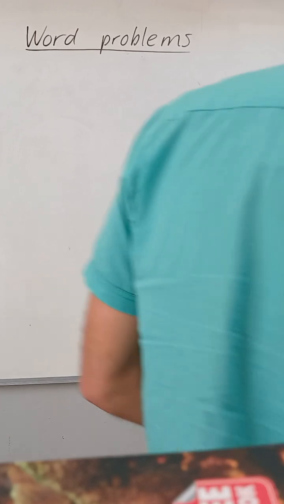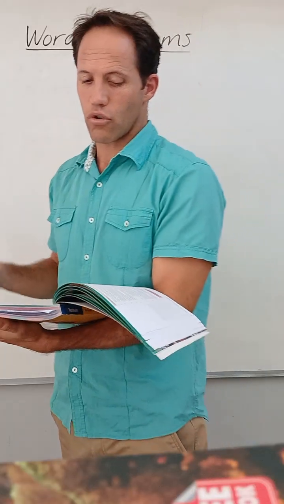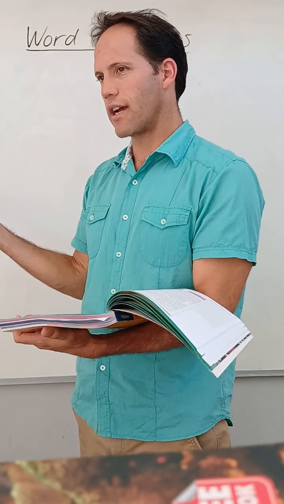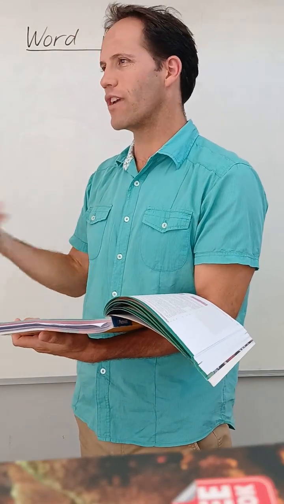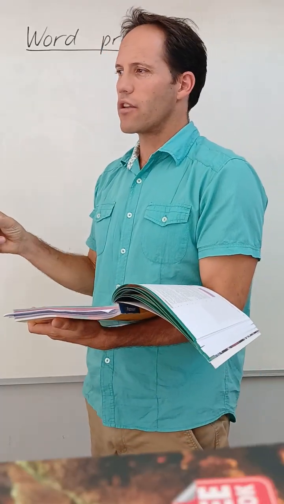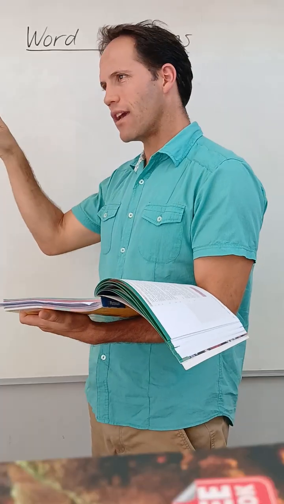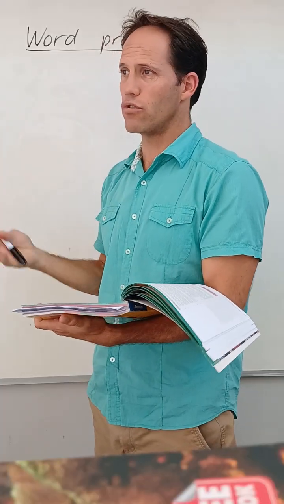So with word problems, the important thing is to call something x, okay? And if there's two variables, you call them x and y, okay? So you have to decide what's the number you want to find, and then you can say let this number be x and let the other number be y if there are two unknowns.